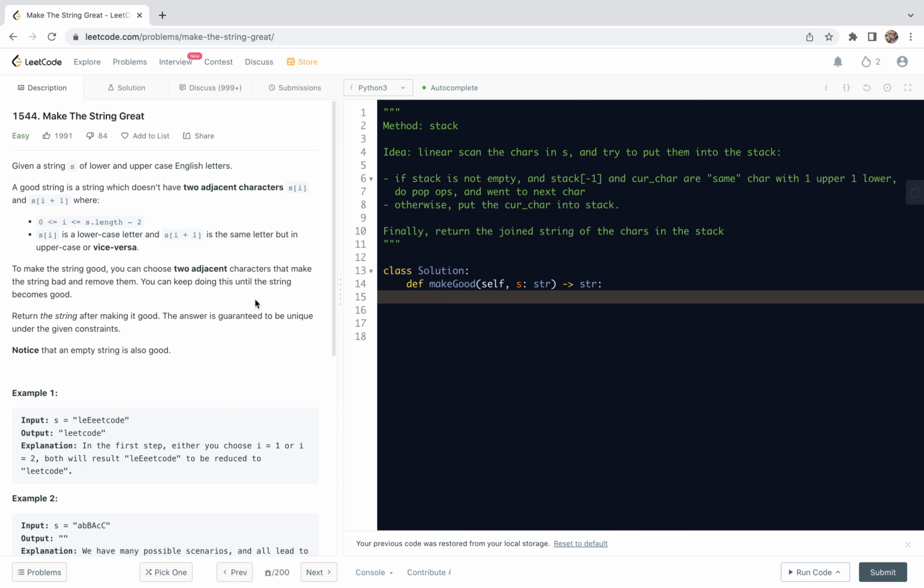Let's have a look at an easy problem. Problem 1544, Make the String Great. So this is the daily challenge problem. First, I'll read through the statement to digest the problem requirement, and then we give a quick analysis and finally